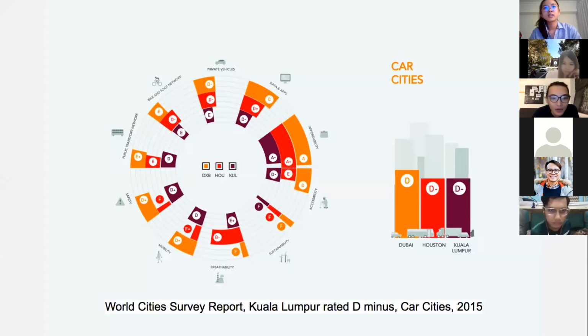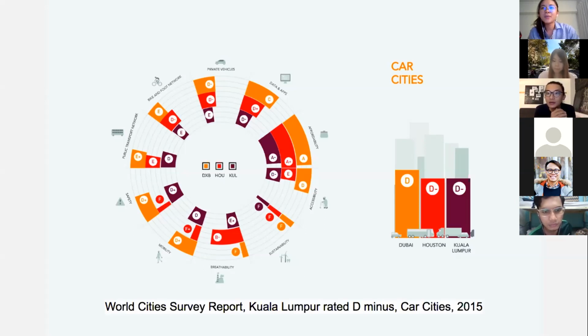Grading. So I was asked a bunch of questions, but more or less they would see if you have enough facilities for inclusion of non-fossilized vehicles, so non-motorized vehicles. Then there are criteria on energy, on your density and so on and so forth. Then they come up with this grading, and we get a D-, which is a car city. There's no denying we are a car city.